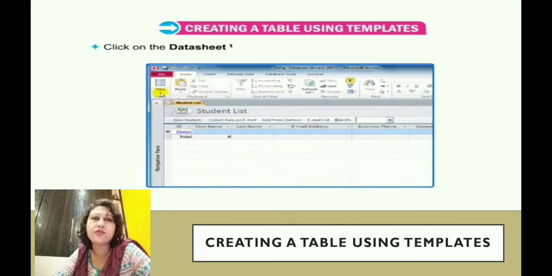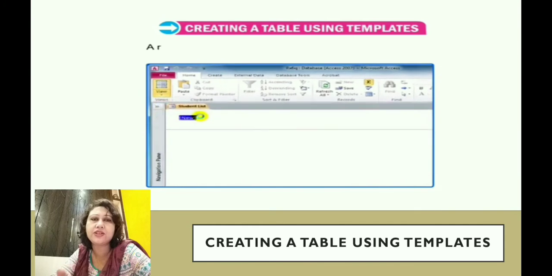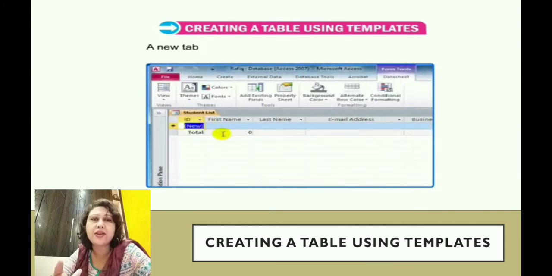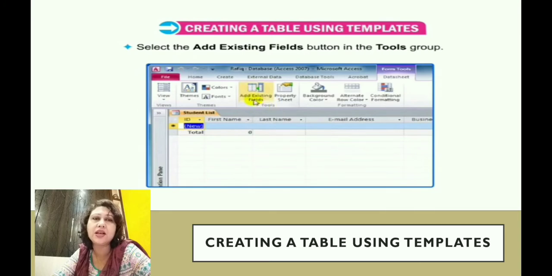Then you just click on the Datasheet View button on the right side of the status bar. As you can see, the Datasheet View is clicked, and the datasheet view will open, and a new tab, Form Tools, will now be visible on the title bar. From there we have to select the Existing Fields button in the tools.